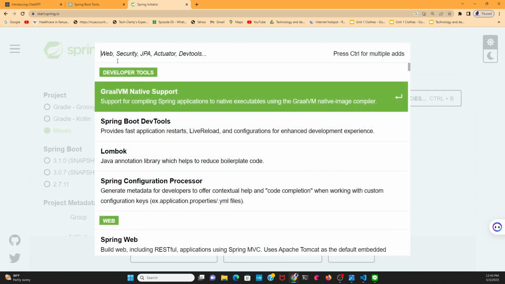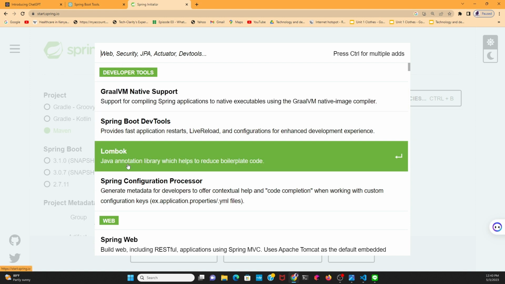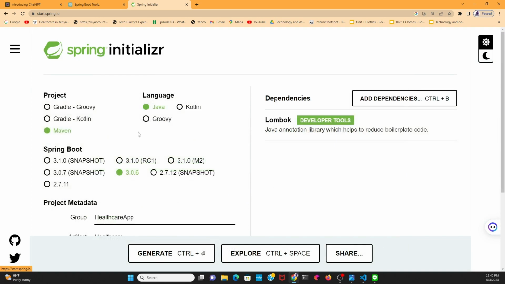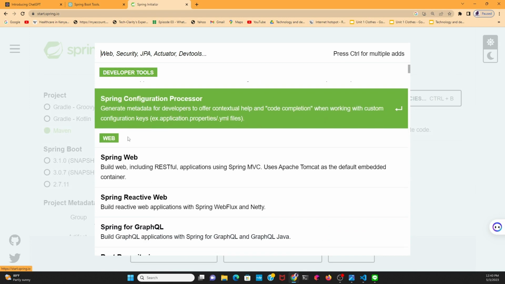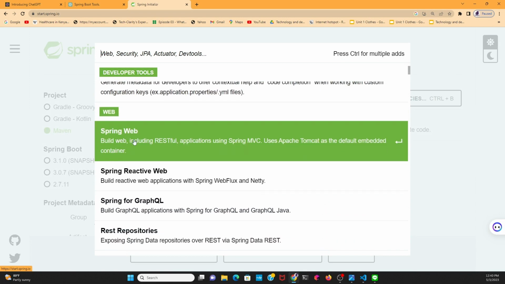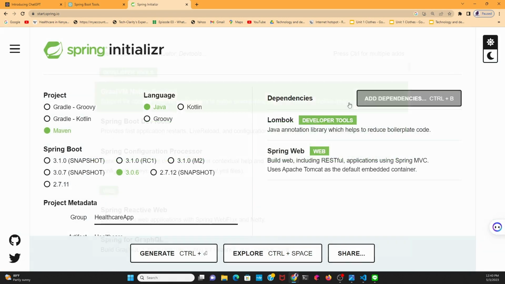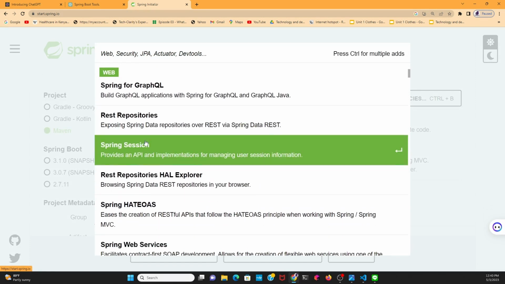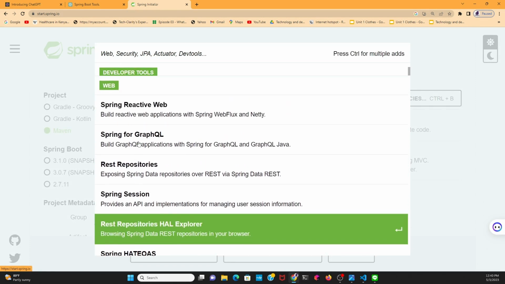We need dependencies in order to build our application. The first dependency that we will pick is Lombok. This one reduces the boilerplates. Then number two, we'll have Spring Web because we're creating a Spring Web application. Number four, we have